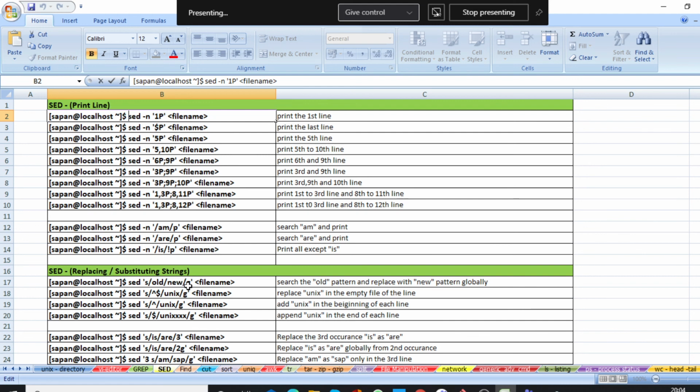Then g means global, it will change globally. If you are not putting g, it will substitute only one line. And suppose you want to print empty lines, caret and dollar stand for that, so in that case you will check the empty file. So